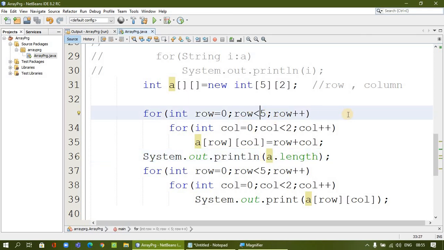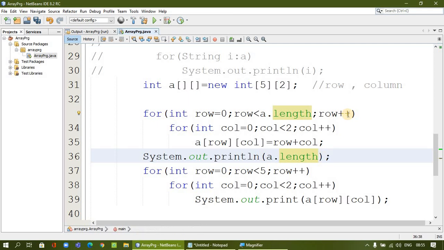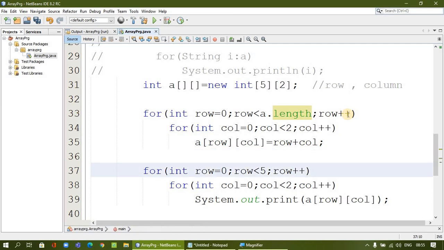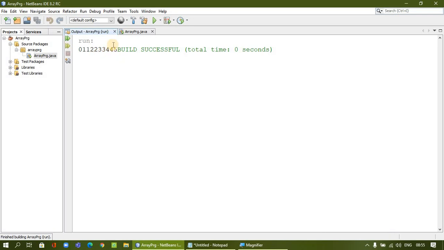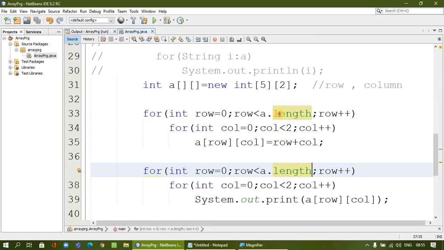Okay, so we have to say here, so this will be accepting. Sorry, not about the column, it's all about the row. So if we are going to say about a dot length, it will accept. So now it's working. Okay, it's all about the length. It will say about the row only, not the column.